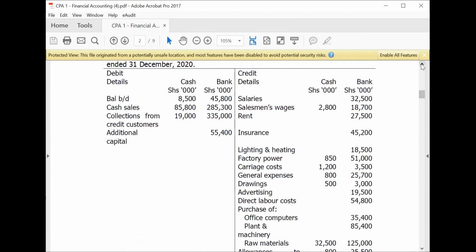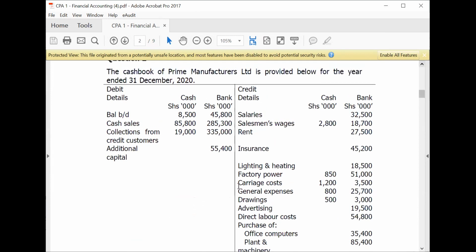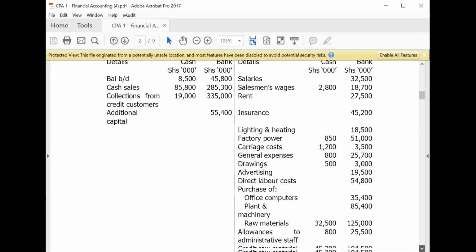So let's see what we are seeing here. Purchases will be on the credit side of our cash book, okay? So let's look at salaries, salesmen, wages, rent, lighting and power, factory power, current costs. Then we have purchases. So let's look here. They are telling us purchases of raw materials, so purchase of raw materials, we have